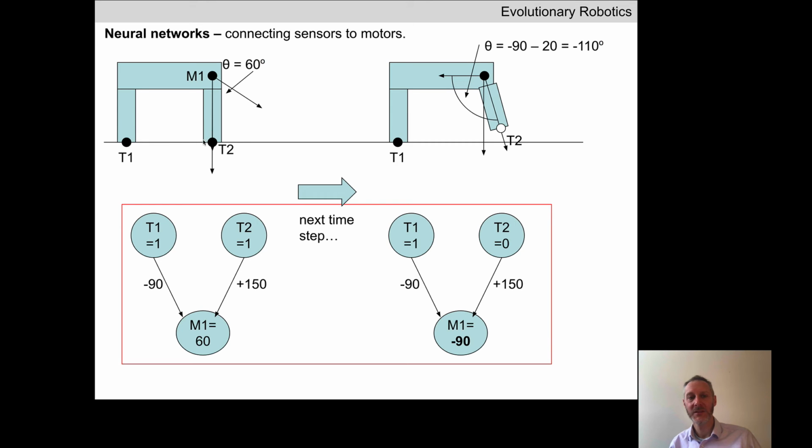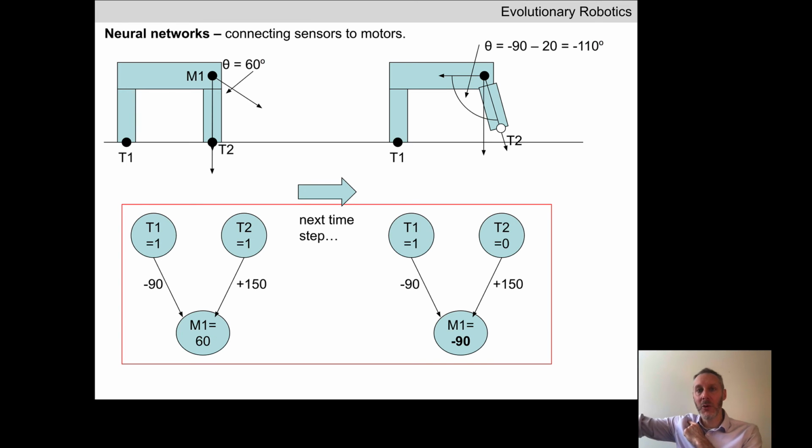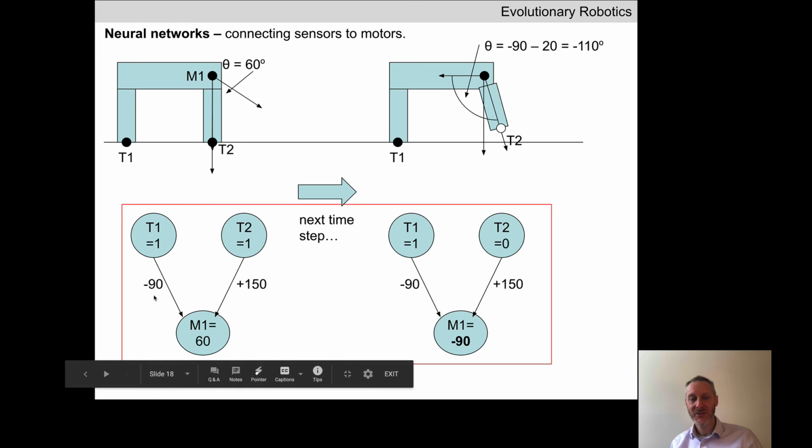The moment the front leg comes into contact with the ground, we're back to this situation. Both touch sensors are firing, and so immediately during that time step in which the front leg comes into contact with the ground, the neural network commands the motor to apply torque in the counterclockwise direction again. So now the front leg, which has come in contact with the ground, has torque applied to start to rotate it forward again. So given these two sets of synaptic weights, given this neural network,